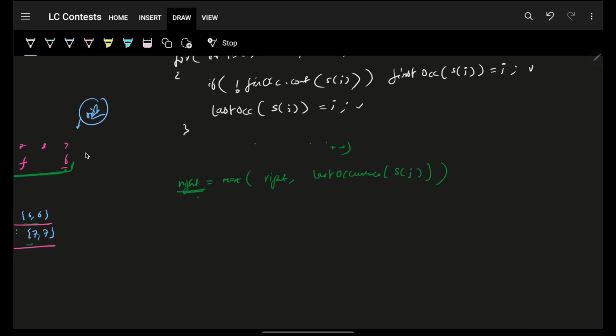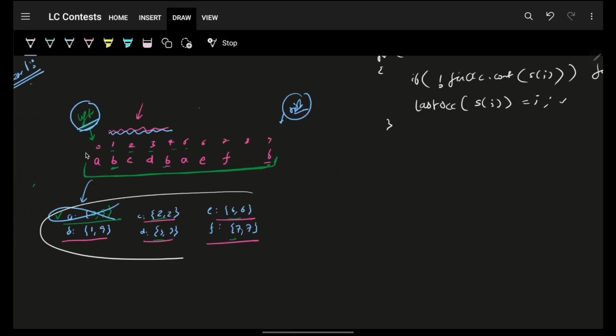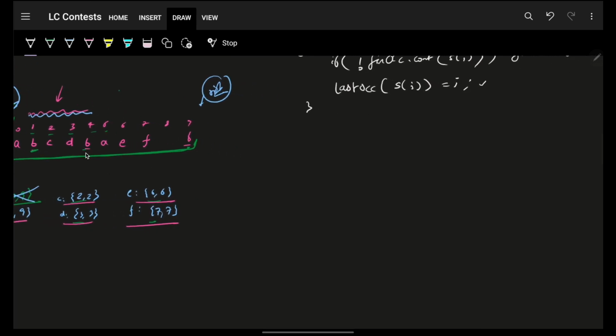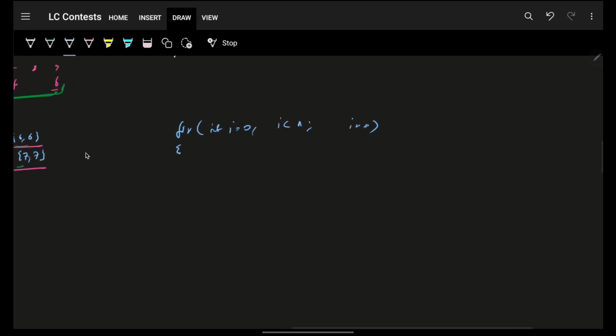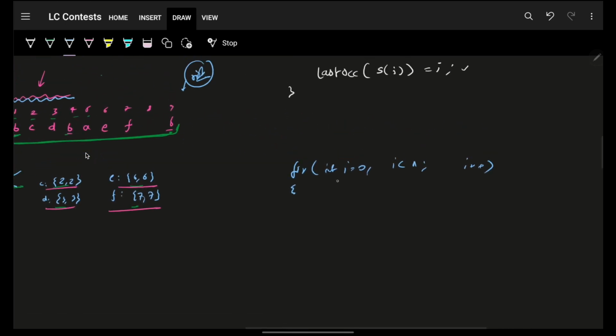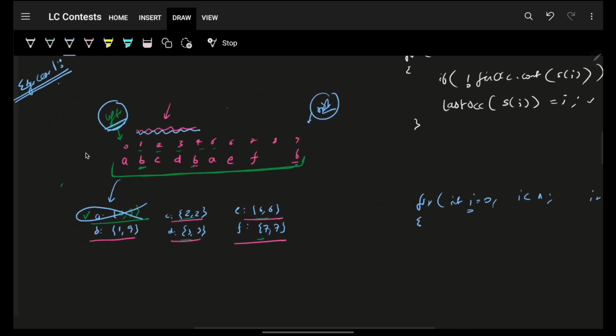Now, because of the logic which we saw right now, we will simply try to make these corresponding intervals. How will we do that? I will simply go on and say: for int i equal to 0, i less than n, i plus plus. Now, my task was that for every specific character, technically I should go,